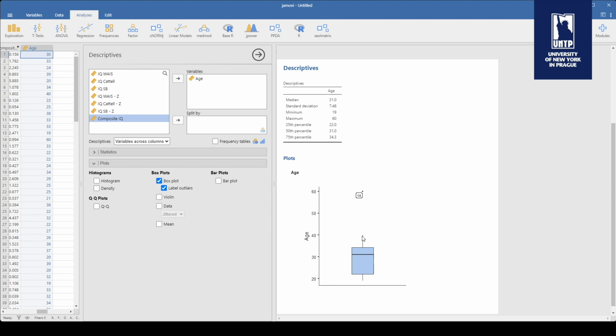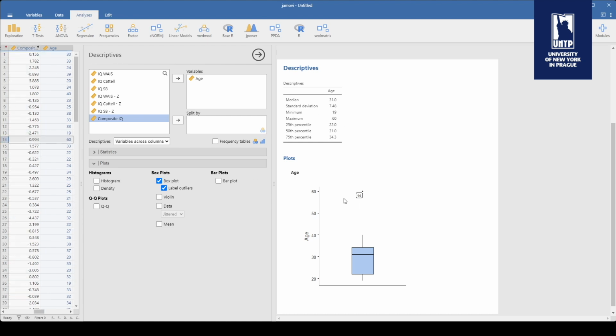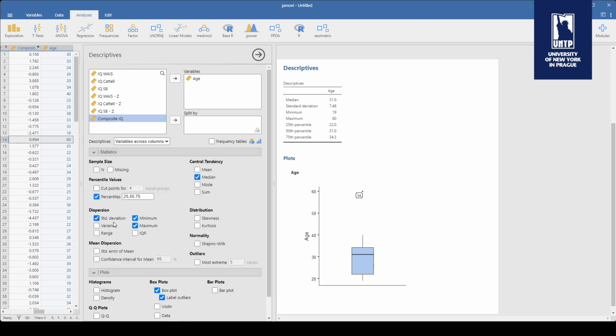Now, here is where things are a bit more complicated, because if you remember from your statistics classes, the problem with the range, meaning the minimum and the maximum, is that it is very sensitive to outliers. So the real maximum in our age is probably not 60. We just have someone, participant number 14, as you can see the box plot tells us already, who is 60. So this person is an outlier. Just by looking at the numbers here, you see that the majority of them are in their 30s, someone is in their 40s. If you guys want to double check it, you can also just put the standard deviation here,